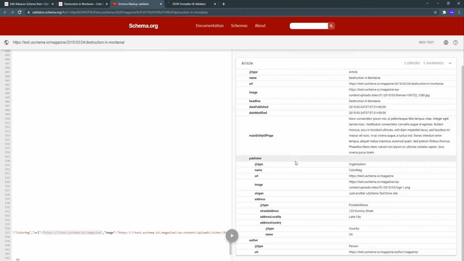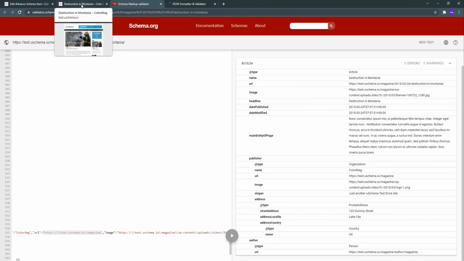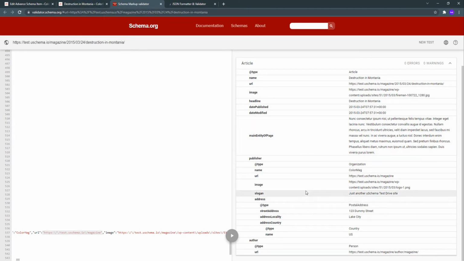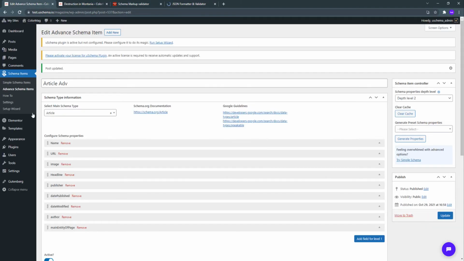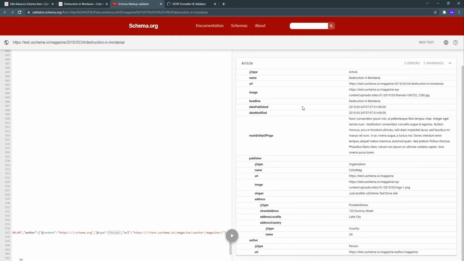You can use an advanced schema for a founder, a team member, or your organization, and inside the article you can link it to the different properties. In this example we have linked our organization schema as a publisher. We can use a similar method to link our author to the person schema that we have created as a founder. I can show you that one as well, but this is just simple linking, just like we did. So this is one way to do it.